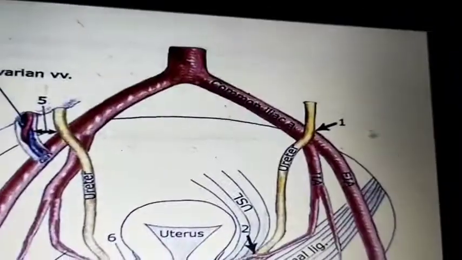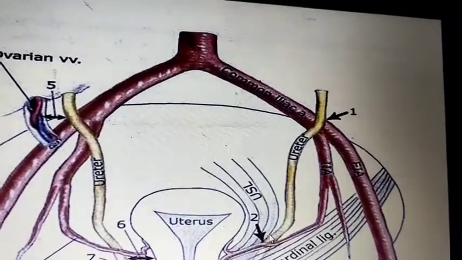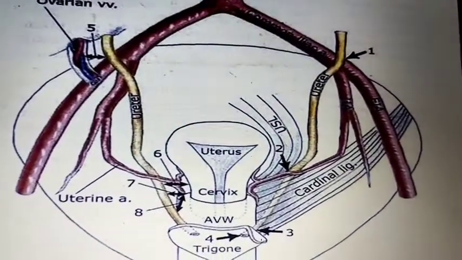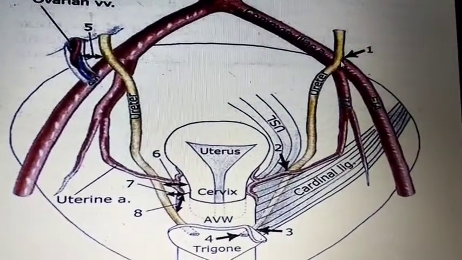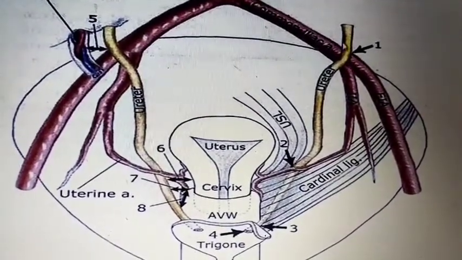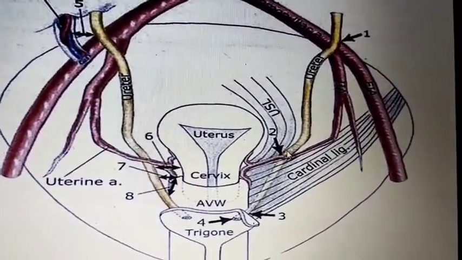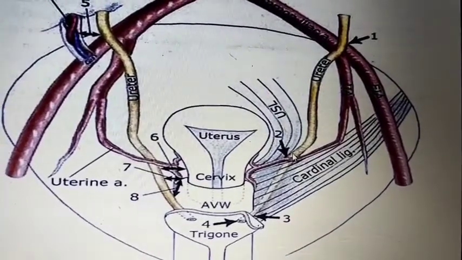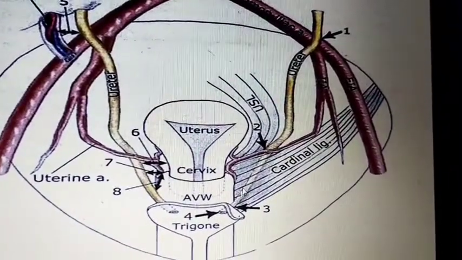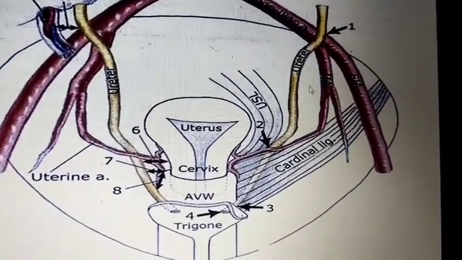In this, you can say this is the first part, starting here in the pelvic part of the ureter. It is further divided into three parts. One is from where it crosses the termination of the common iliac artery, from here to here, opposite the ischial spine. From here it moves obliquely, downwards, backwards, and laterally. That's the first part.